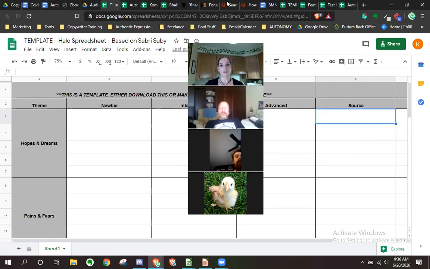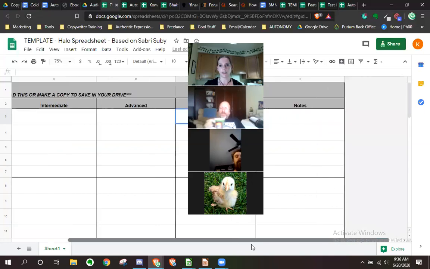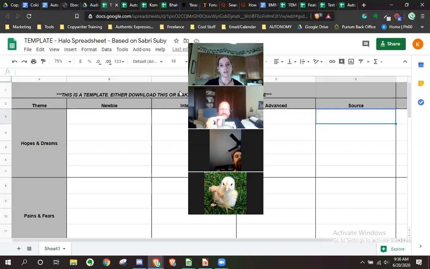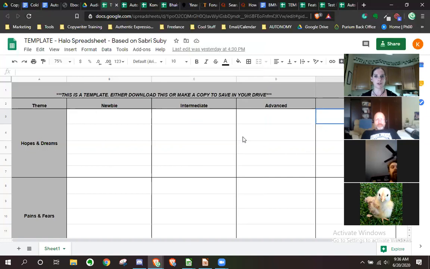So being able to, when you've got, I'll end up here with like 50 tabs open of all these different forums and discussion threads, being able to have a place where I can keep track of all that and go back and reference it later if I need to. Very, very useful. And then I think I also put in a section for notes. So I created this so that you can have a starting place to be able to capture what it is that you're learning about your audience.